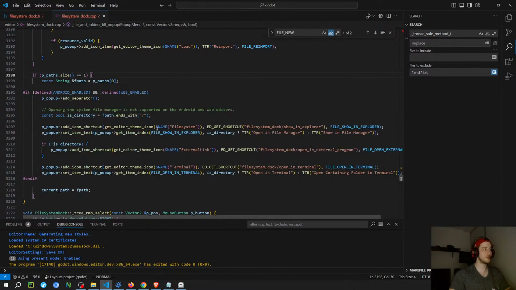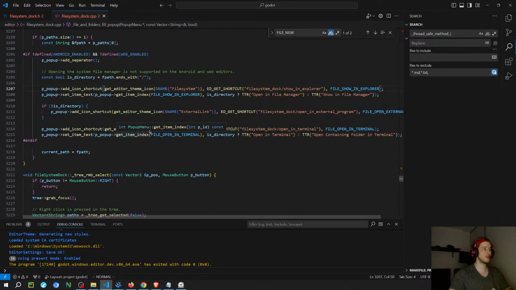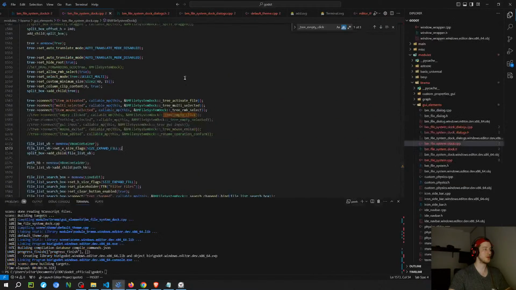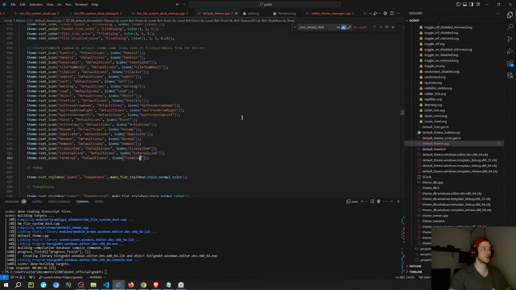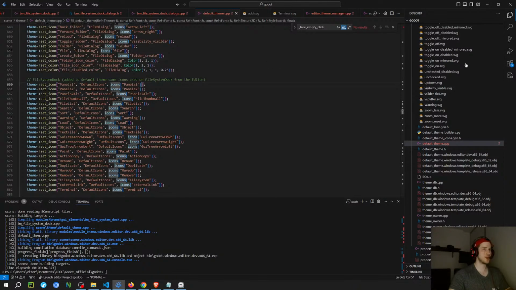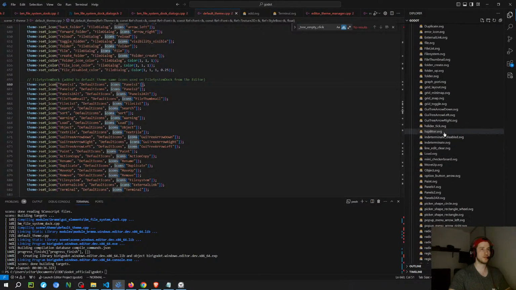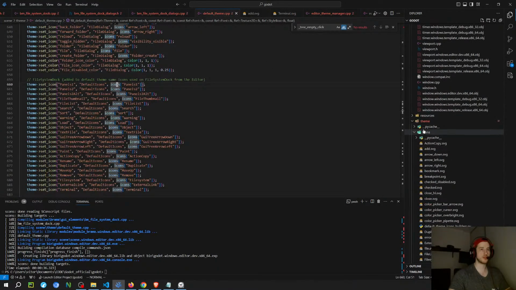The other thing that I had to do is move a bunch of icons to the editor. So there's a bunch of icons that they have on the editor that don't exist on the default theme. The way that you do this, they have a function that registers all the icons on the default theme. And every time you copy an icon to the folder where they have the other icons, which is going to be this one, on this path here, scene theme icons,